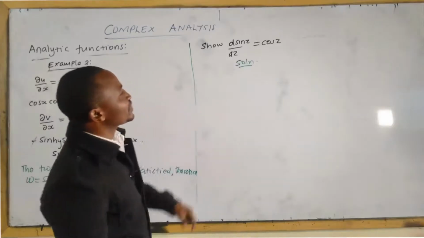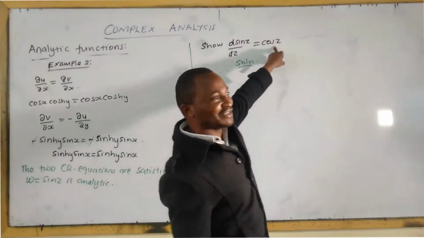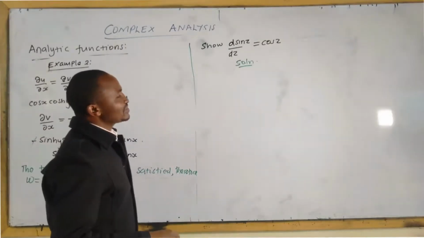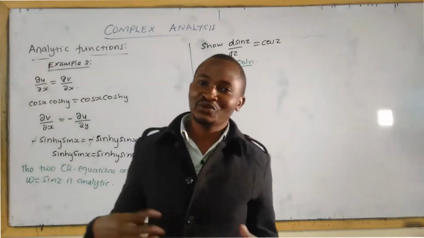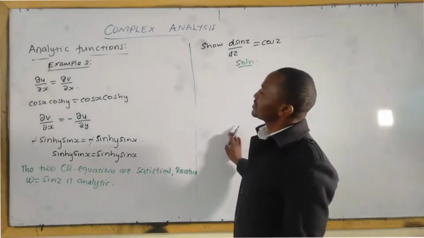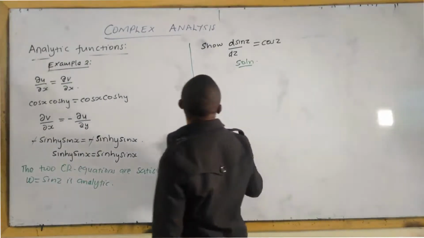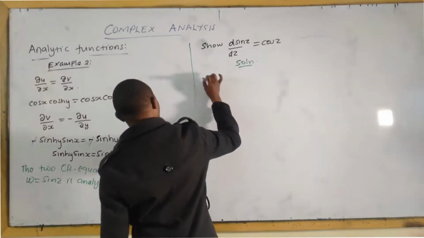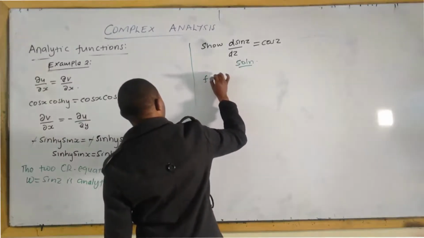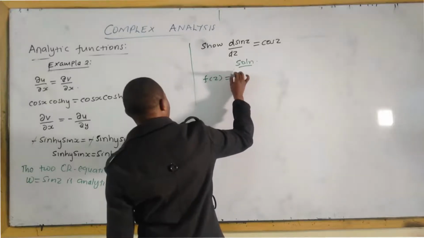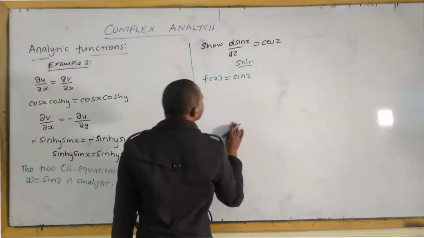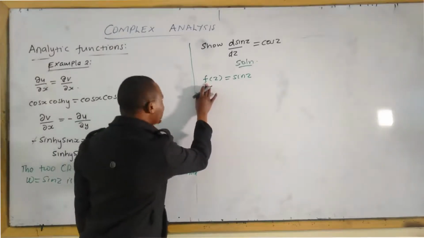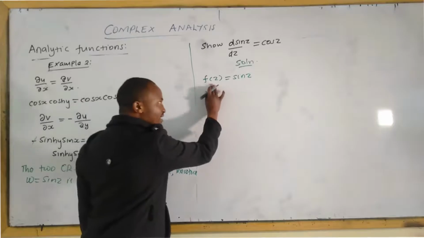I think nowadays we should be calling this one Zed, not Zee. With the new syllabus, you can try to pronounce it the way Europeans and Americans pronounce it. We now say, see, because function Z is equal to sin Z. That is, this is our W, which is equal to function Z, which is equal to sin Z.